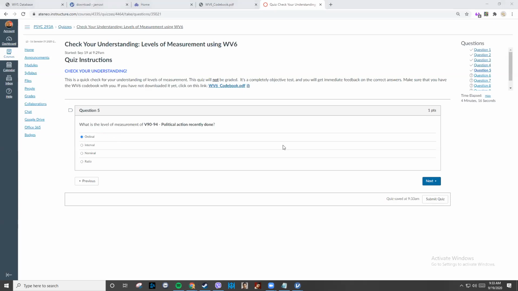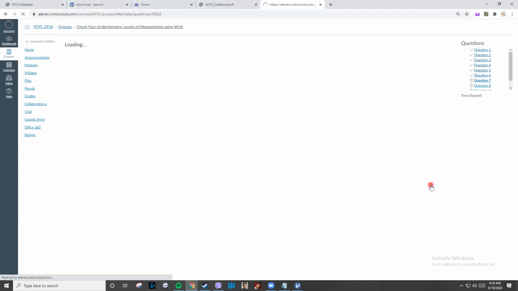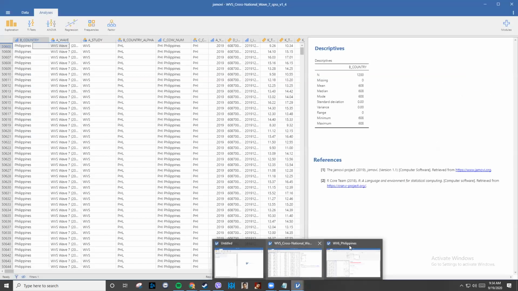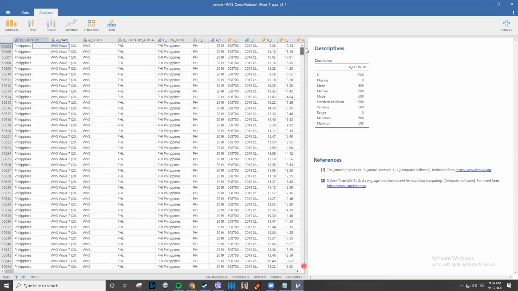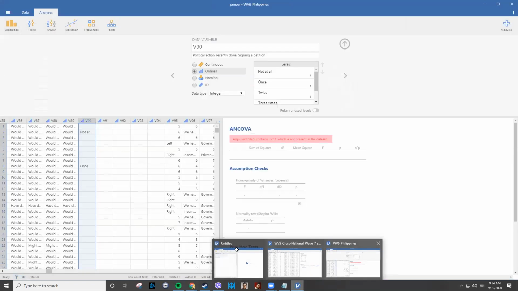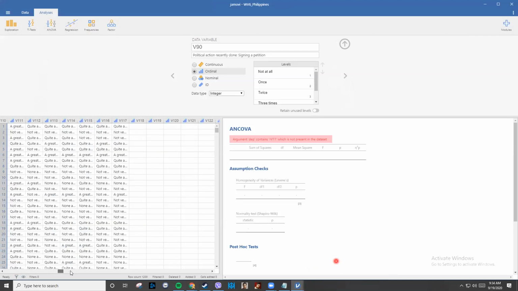Okay, so 94 ordinal. Religious denomination is nominal. Oh, okay. Hindi naman to graded, so okay lang. We also have homework. Hindi pa lahat nakasagot. Also, hindi pa ako nakasagot. That's module 2 pa, diba? Yung descriptive. Yes, module 2. Yes. Okay. But we have a homework for module 1 na optional.